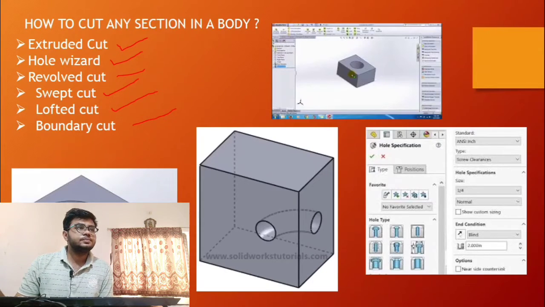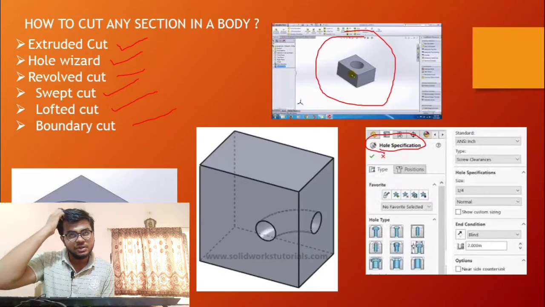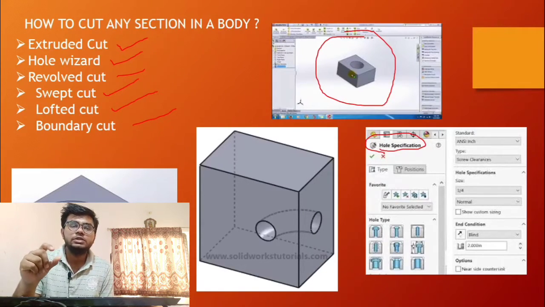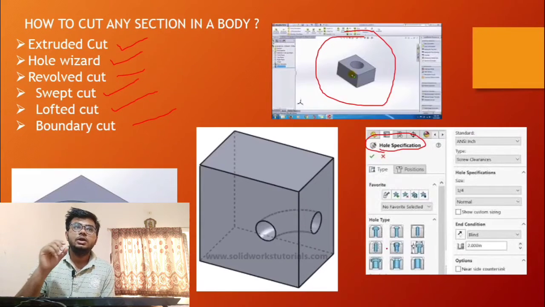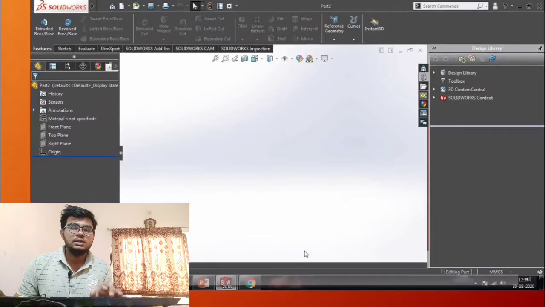This is a swept cut, this is a revolve cut, this is an extruded cut, and this is a section of hole wizard. Hole wizard means specific types and dimensions of holes are given, and you just click and drag, and the hole will be created here. It is very simple.